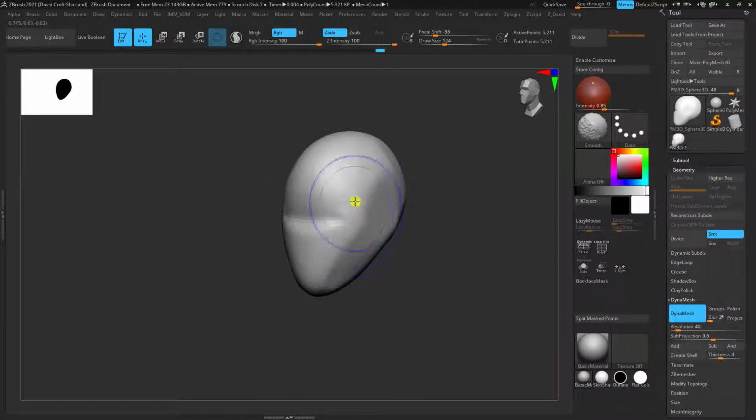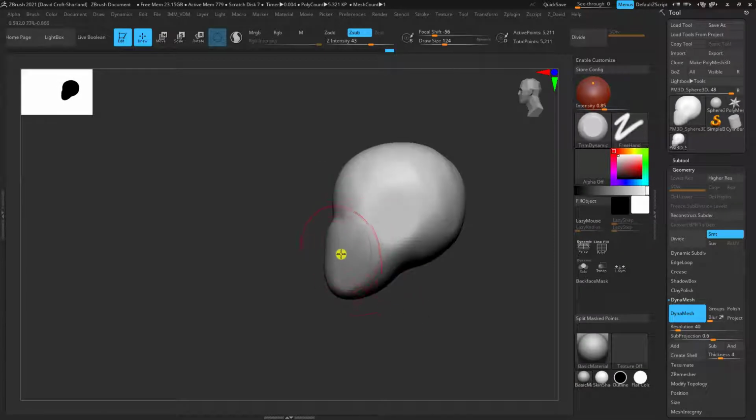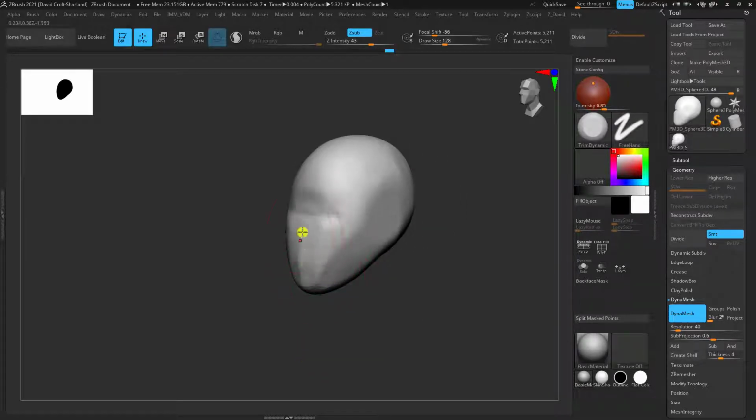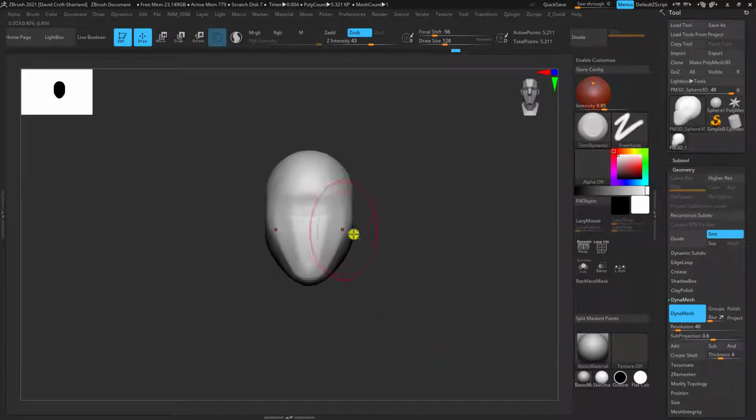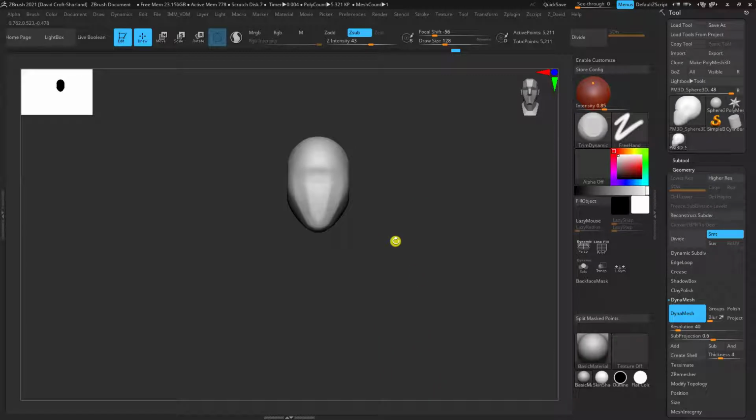So with that kind of being the size of the head and the mannequin, I'm just going to flatten the front of the face so it's not as distracting or won't annoy me as much. The next thing we're going to do is start to build the rest of the body. So now that we've got the head proportions, I like to lock those in and not change them too much